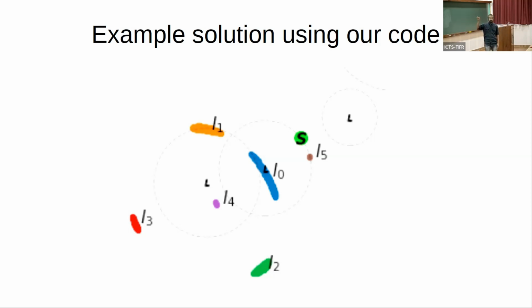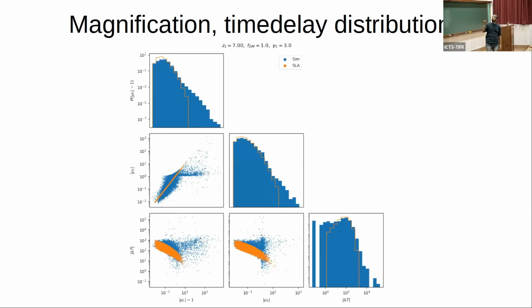And then we can basically do this for multiple different configurations of these lenses, their spatial positions, and we can get a distribution of magnifications and time delays. The first column is the magnification of the top image. This is the second most magnified image, and this is the time delay, and these are correlations between them. The orange dots show the strongest lens approximation, and you can see that those distributions are significantly different than what you would get from multiple lensing. So this was actually necessary. Multiple lensing was indeed necessary.